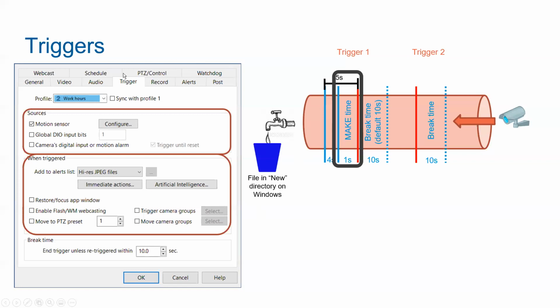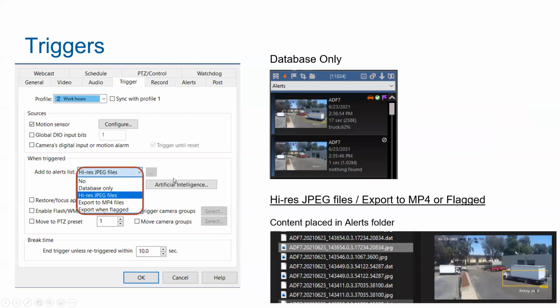Okay, so that's a trigger tab, and I'm going to deep dive into the 1 second. Before I go into the deep dive into 1 second, I want to call out the bottom half just because it's a little bit easier to digest. It's quick, and I think it needs to be called out a little bit just so that everyone understands the different options. So the default is database only, and what that does is